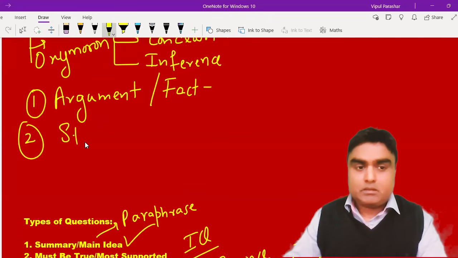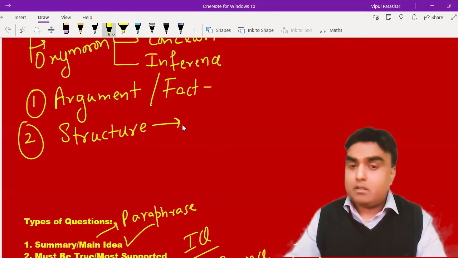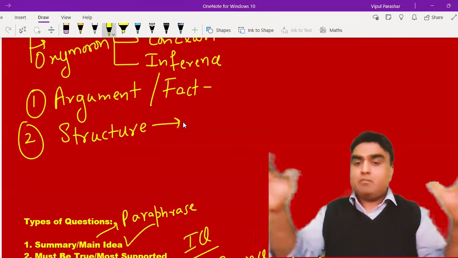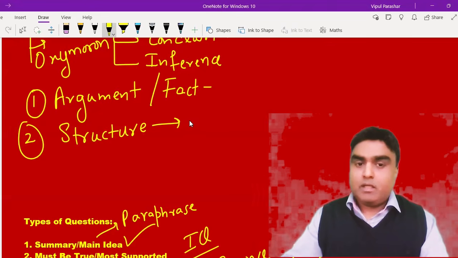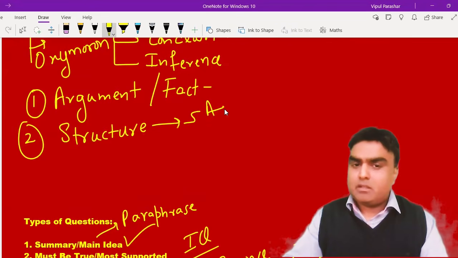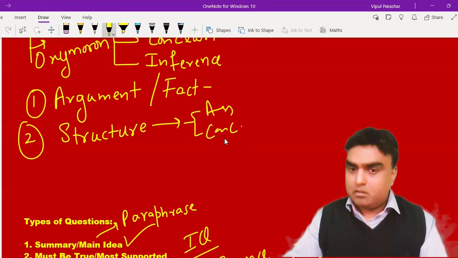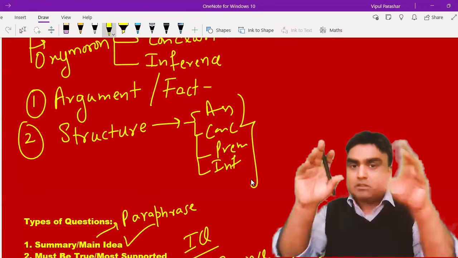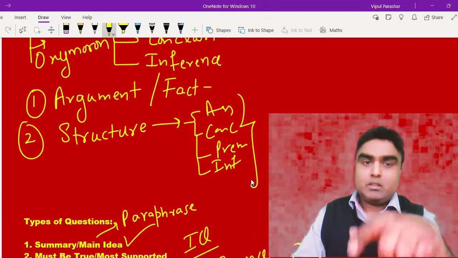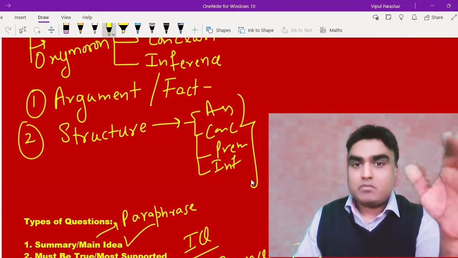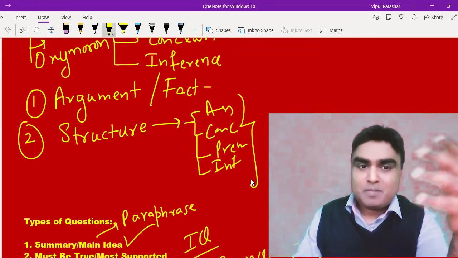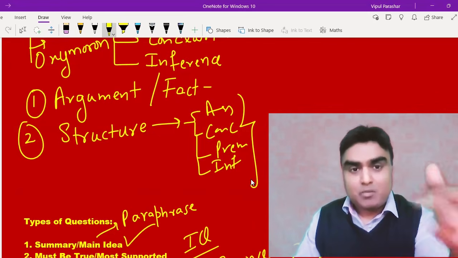There is a thing called structure. What does structure mean? When I divide the argument, which is a mixture, into different things like assumption, conclusion, premise, inference, then I'm making a structure of the argument. Now, what you said about 18 years, that is a premise, a fact. It is not an inference. It is not even a